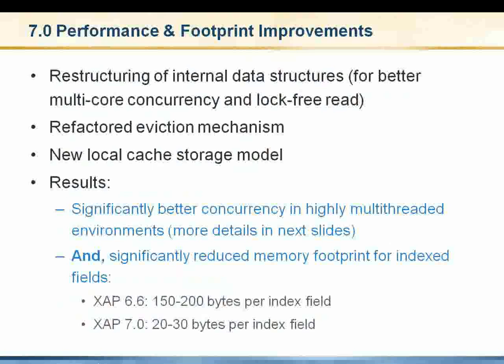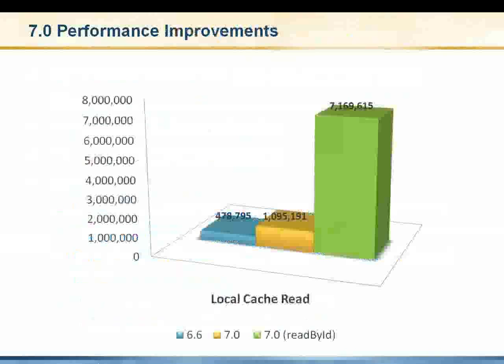And in XAP 7.0, we're talking about a five-fold decrease in this number. So we're talking about only 20 to 30 bytes per index, which, in many cases, enables you to store much more data under the same data grid capacity. So getting back to the performance improvements, the first thing we see here, the first graph, is the local cache